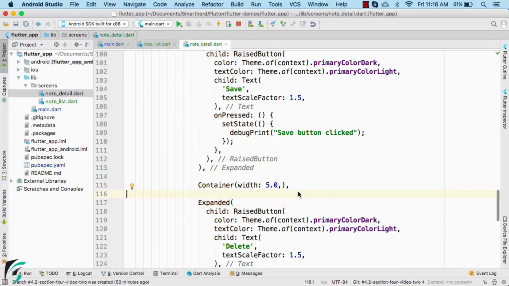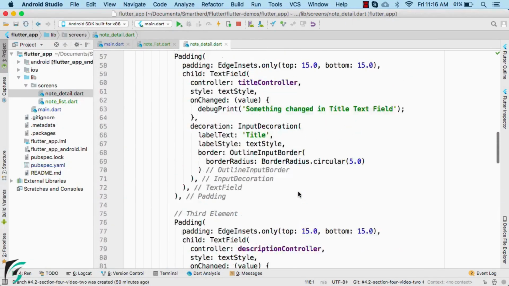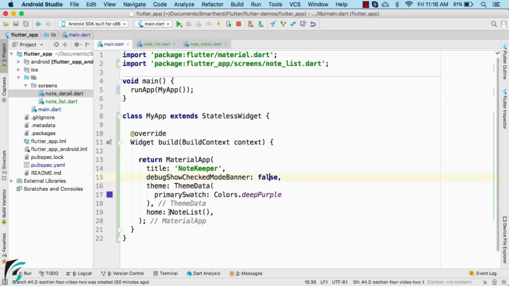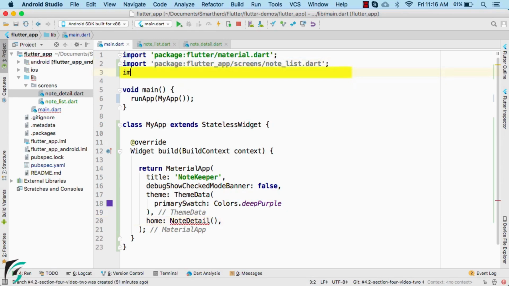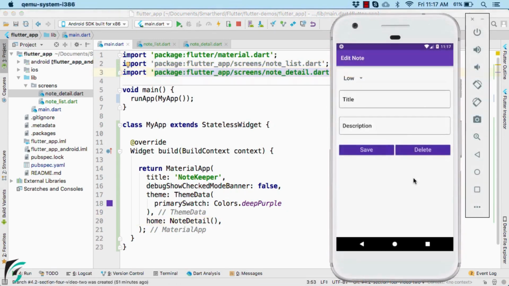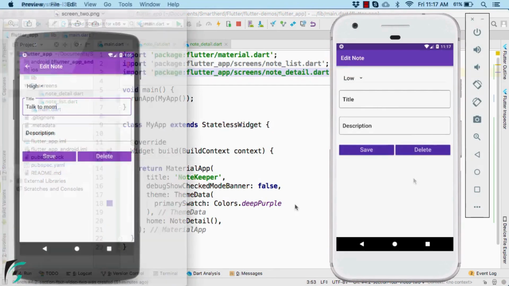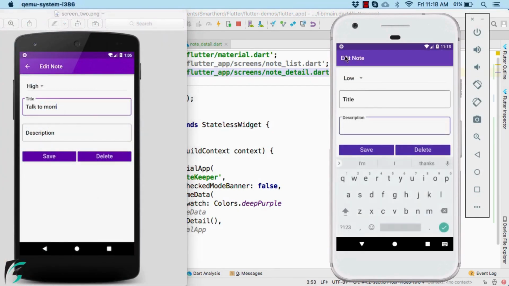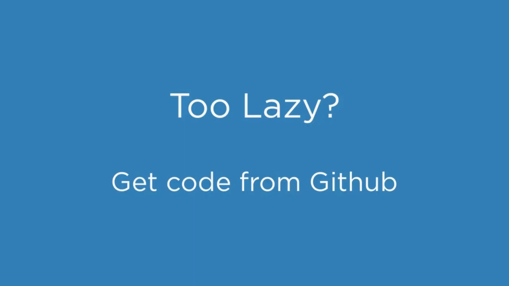So now it is time to test our application by running it within our emulator. So within our main.dart, instead of using NoteList, let us use NoteDetail. Later on we will change it to NoteList, but right now we want to test our UI. Once you are done, run your application. Looks perfect, isn't it? Well, it matches with our target application. And at any point of time, if you face any difficulty, then make sure